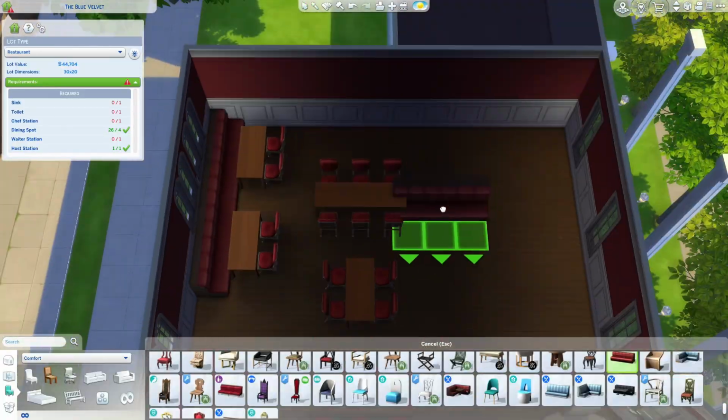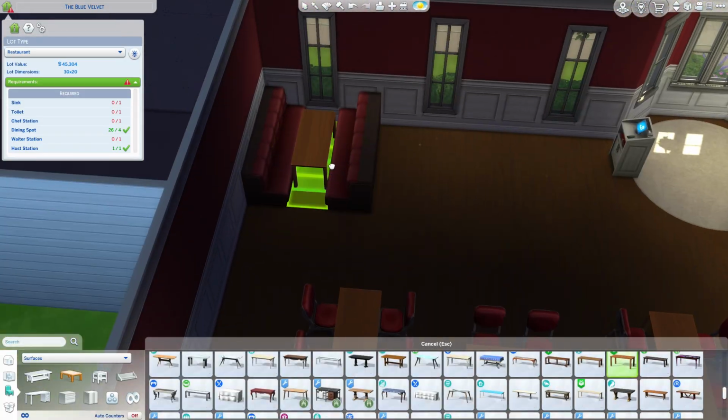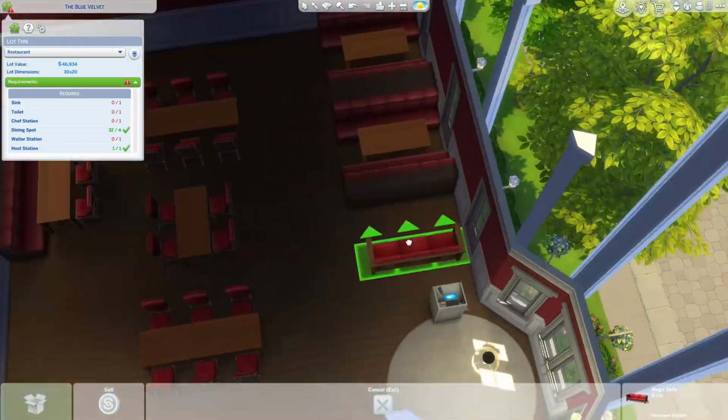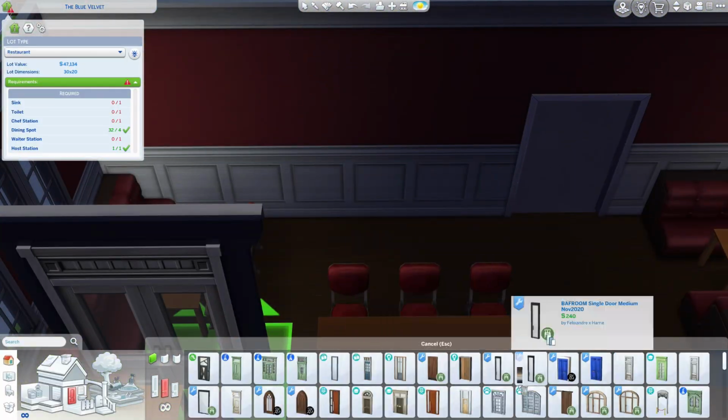Like, it looks like it doesn't match on purpose, like it doesn't match with intention, and I feel like that's very important with these kind of builds, and I feel like that makes it look good. It makes it look good. Anyway, so for the inside of the build, I put a lot of dining in the middle area, lots of